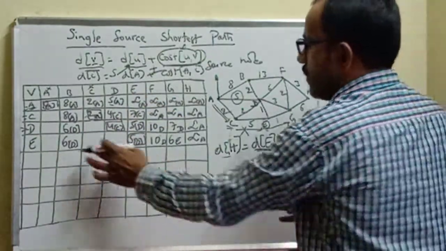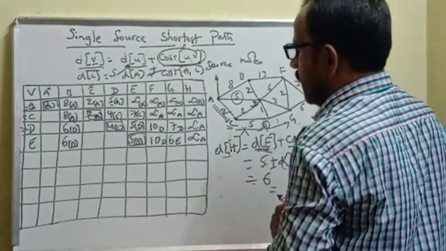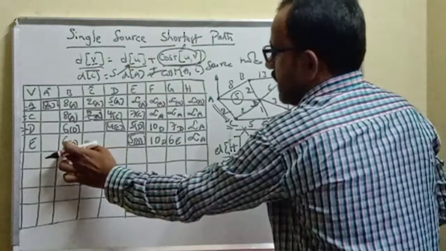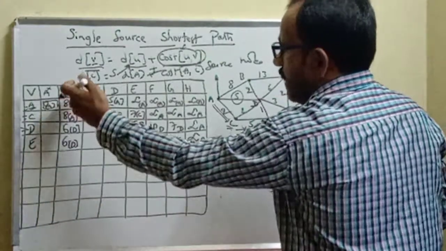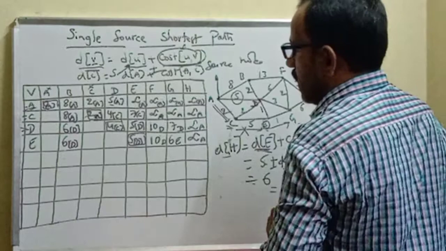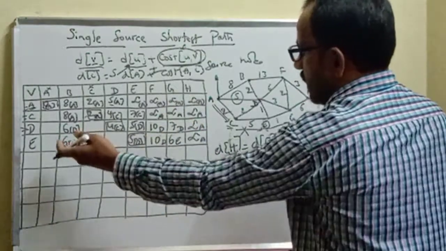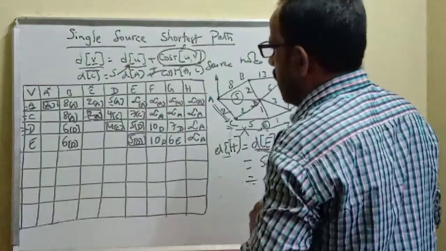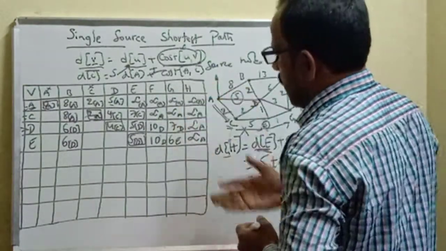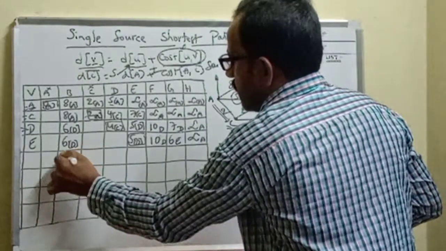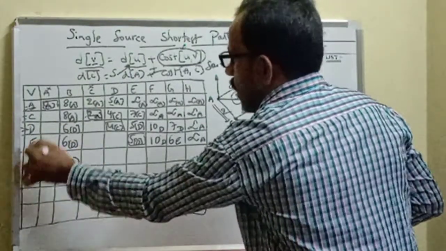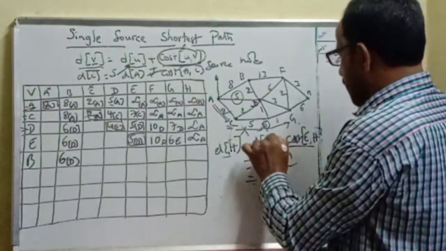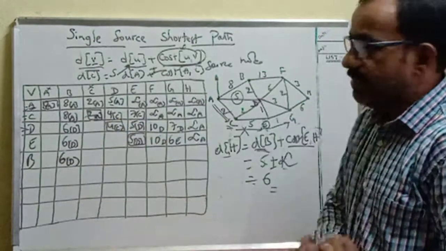Now we are going to select the next smaller number here. There are two same values. One is 6, and here also 6. But the 6 here is traveled via D, and this one is from Z via traveling E. You can select any node, nothing wrong. Either you select B, nothing wrong, or you select Z. But I'm going to select the first number, that is 6 via D. The node is B. So that means for the entire row I am considering B as the intermediate node.